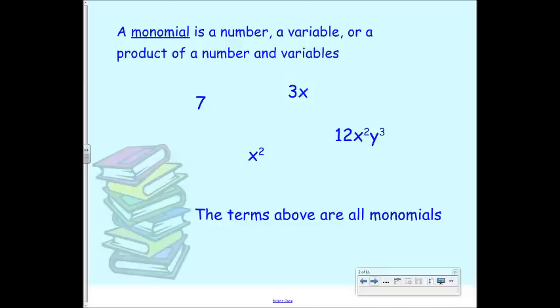So before we start, we need to get some vocab down. So a monomial is a number, a variable, or a product of a number and variables. So basically, it's what you would call a term. All right? So a monomial is any of these things. These 4 are examples of monomials. So we have 7. That's a monomial. It's just one term. X squared, also a monomial. 3x, this is a monomial that contains a constant and a variable. And then this right here, 12x squared y to the third, is also a monomial because it's all held together